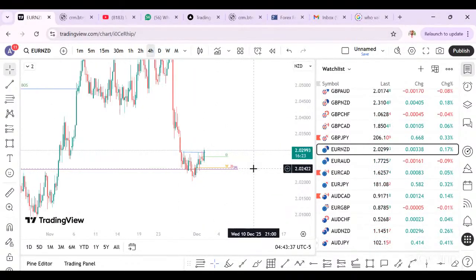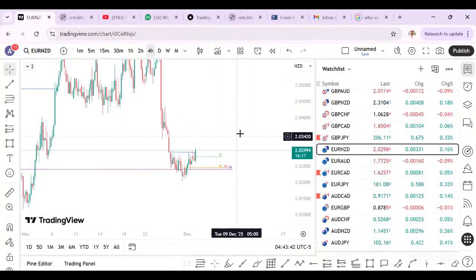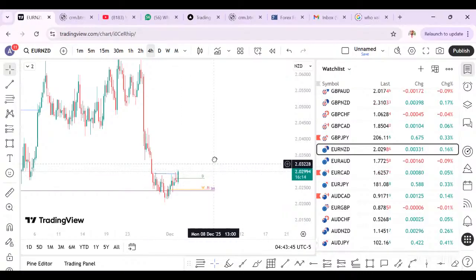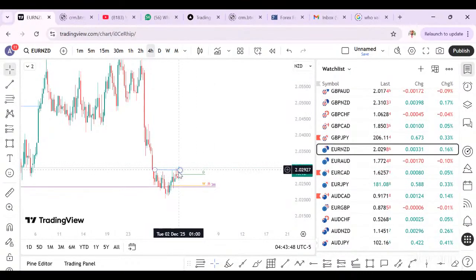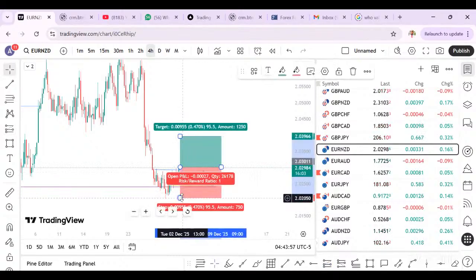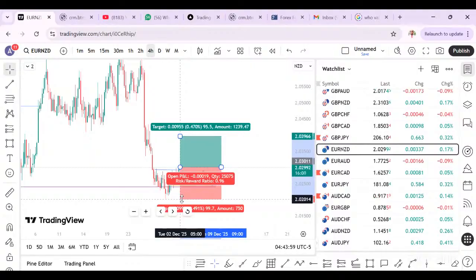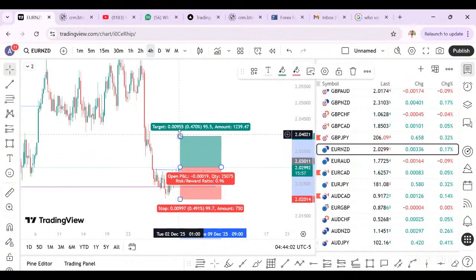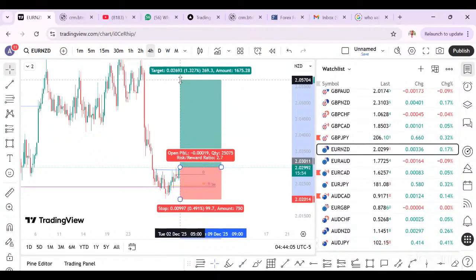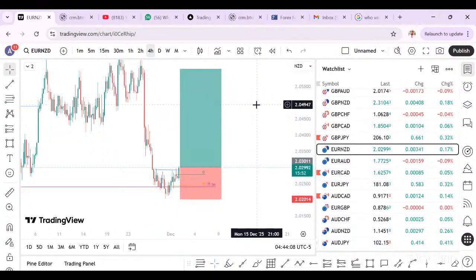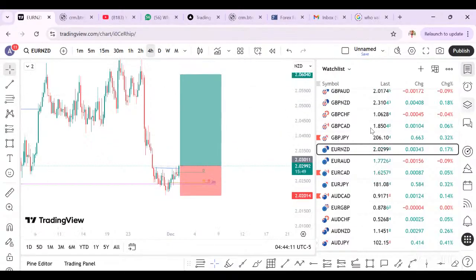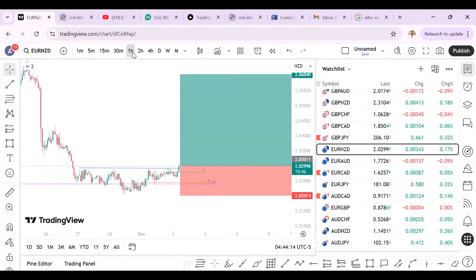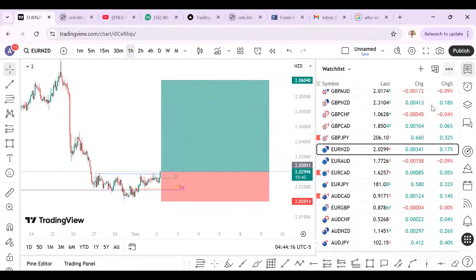So on your own, just wait for when this candle will close. Once this candle closes bullish like this, we don't want to see it close weak, bullish. So once it closes bullish, then you can look for a buy. Just put small lots because this will be about 100 pips. Then you can target two or three like this. So this guy is good for a buy. Euro NZD is good for a buy.